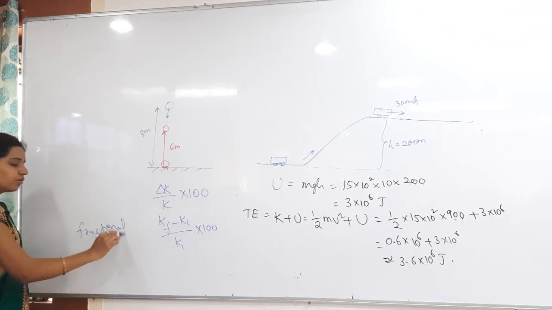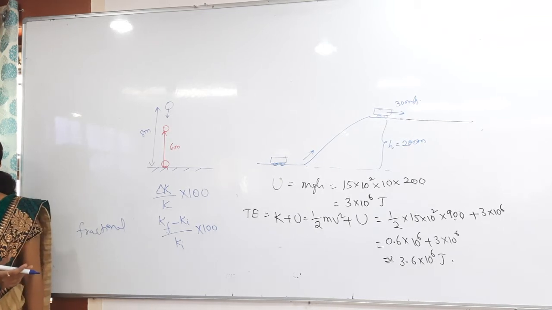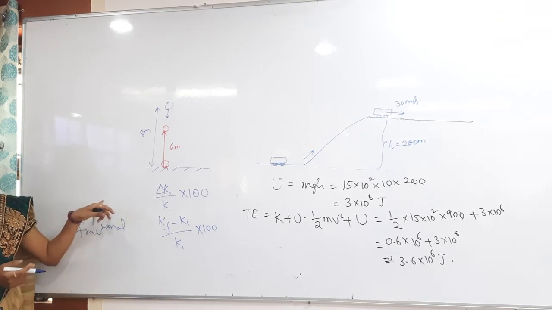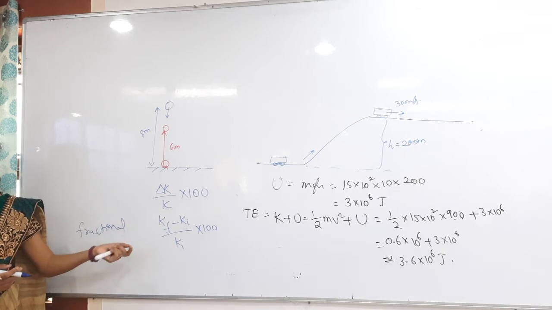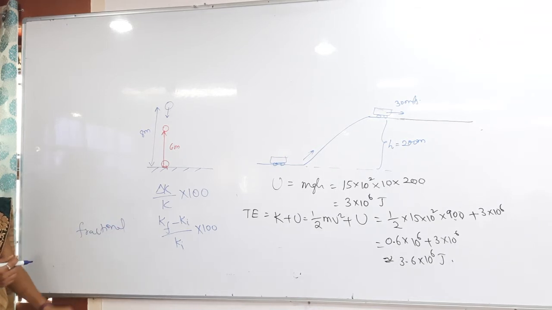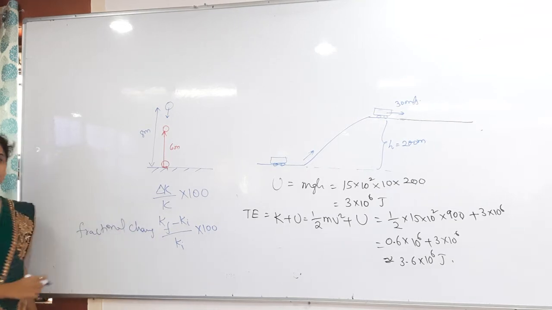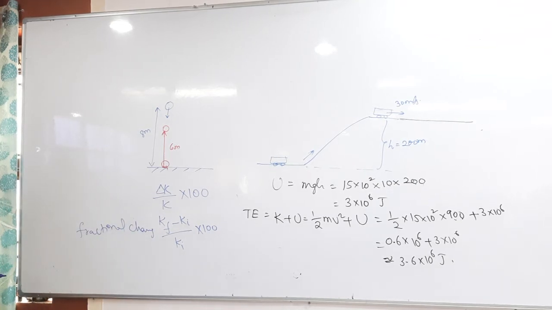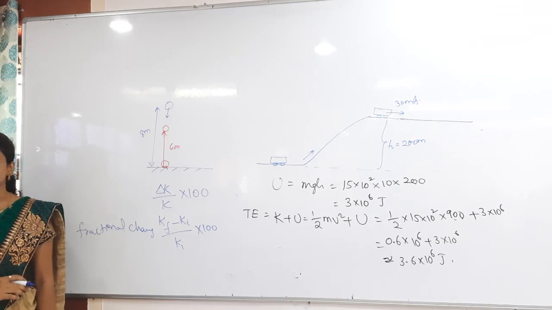The next collision chapter is going to come. In that collision also, what is the fraction of energy lost and all will be there. I said in the bullet problem also, where the motion is in a straight line, at that time only, what is the fractional change in the kinetic energy? I think you forgot that. So the fractional change of the kinetic energy is delta k by k into 100. There is no need to consider any potential energy here. Directly with the kinetic energy only you can calculate. Otherwise you can consider, that is your wish.